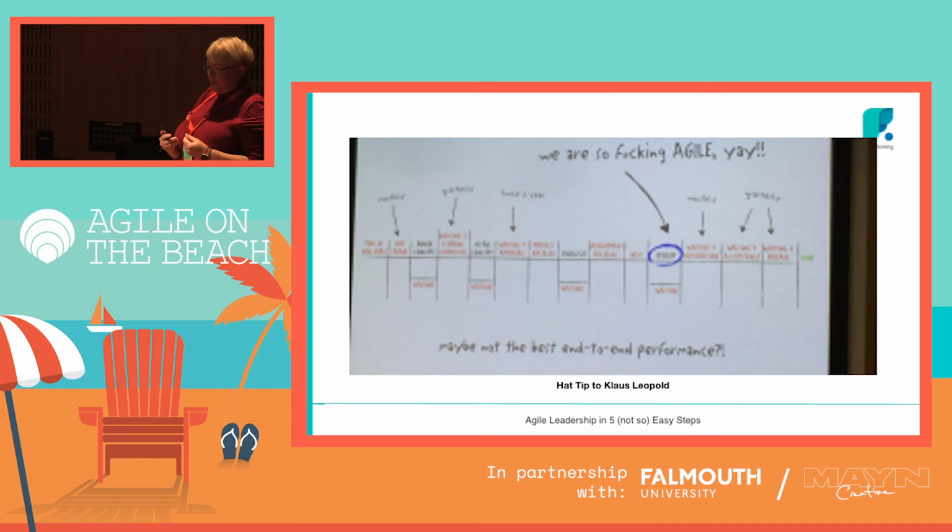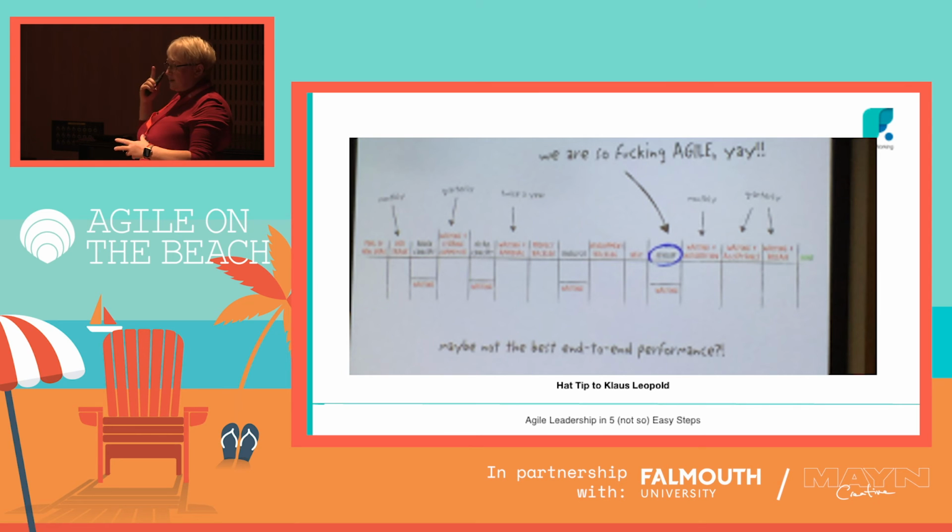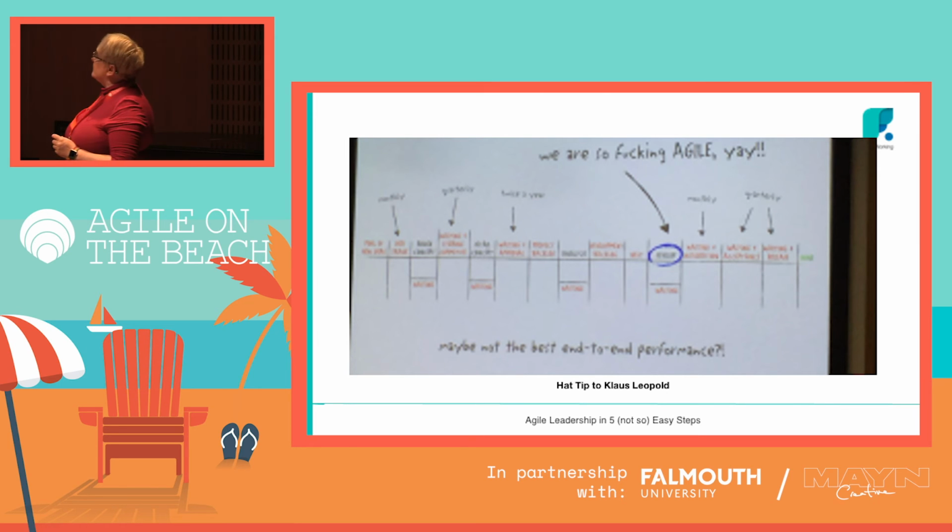In fact, Kevlin said this morning, he used a slightly different analogy, but it's like having the fastest yacht on the ocean with the most skilled captain, and it's completely wasted if you don't know your destination or you can't navigate effectively. You need to know your destination with your vision. You need to be able to navigate really well, have a strategy. Bringing in agile practices, tools, coaches, experts is immensely valuable. It really is, or we wouldn't all be here knowing how well it works. It's just not where you start.